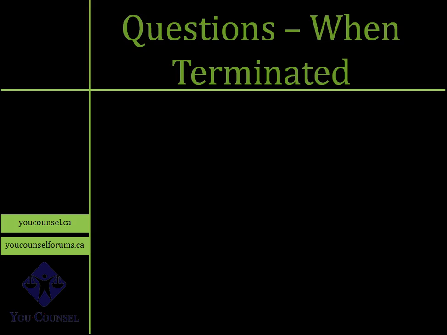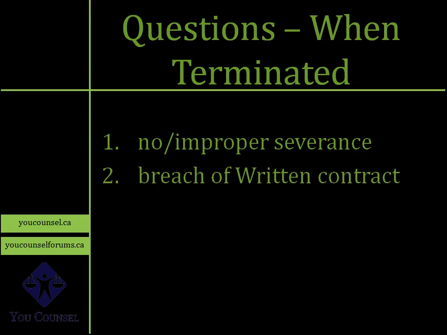And what I mean by that is your employer comes to you and says, so-and-so, your employment is ending. This is your last date, or such and such date is your last date, and you're terminated. You're fired, you're laid off, whatever you want to call it. If the general term is that your employment is ending, then that's a termination. And so these 6 questions are for when your employment has been ended by the employer. So one scenario could be that you did not receive severance at all, or the severance you received was improper or insufficient.